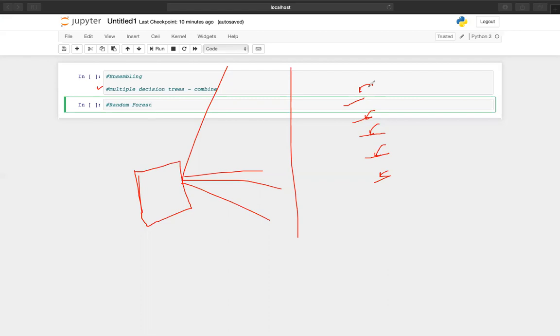So why do you need to introduce randomness at these two stages? The first stage is in the data, and the second stage is in the features you select. The main reason is that each tree learns and picks out certain specific patterns only, so that no tree is the same. Each tree is different because the data set is different and the way in which the trees are built is different. That is the idea of random